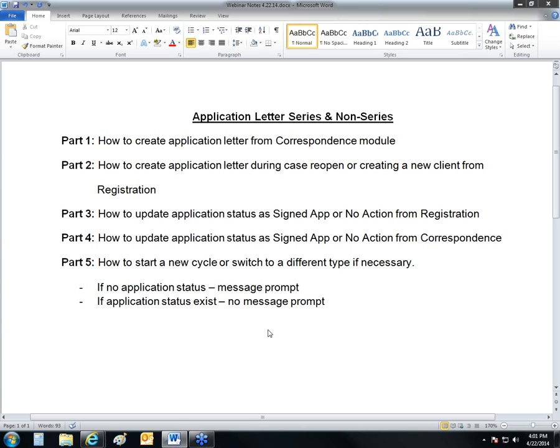Today, I'm doing a webinar on application letter series and non-series. There are several parts to this webinar. The first part is I'm going to show you how to create an application letter directly from the correspondence module. Part 2, I'm going to show you how to create an application letter after reopening or creating a new case